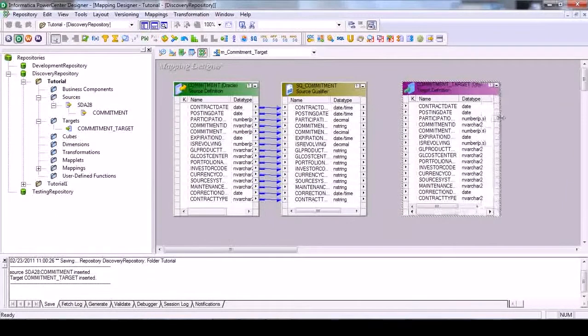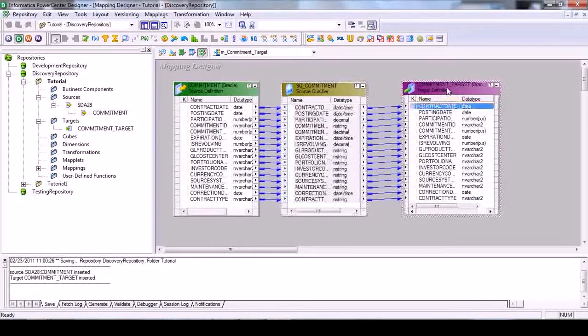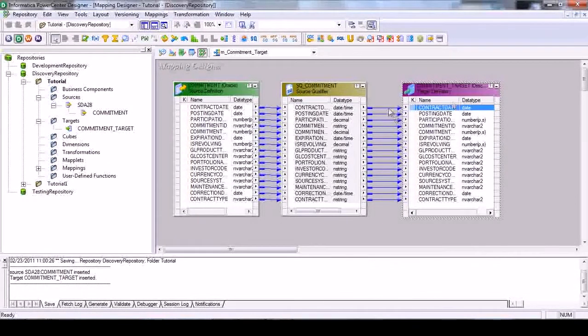So here you can see I have dropped the target. Now I'm selecting all the columns which are in SQ commitment. Columns in the definition of a transformation are called ports, right? You have an input port, you have an output port. I will show you this also. Here you can see that I've already linked all of these. If you want to see which column a contract date is coming from, you can right click it and select link path backward, and it will show you where this data is coming from. So let's look at SQ underscore commitment.